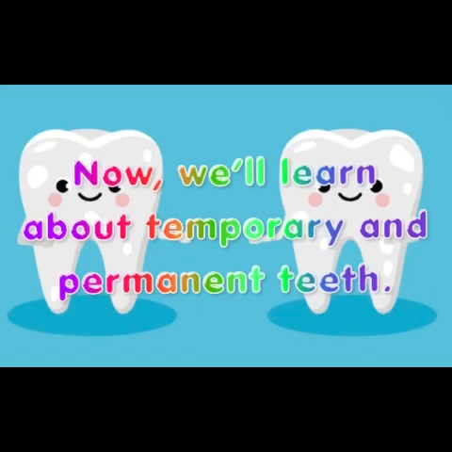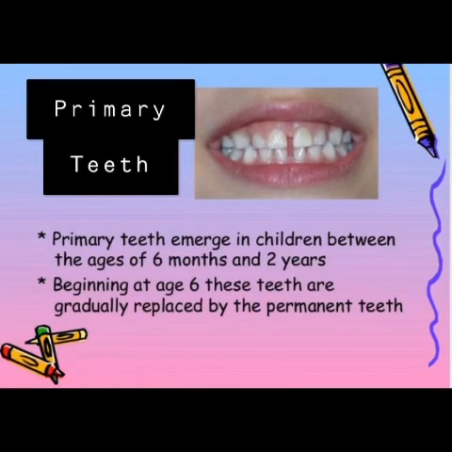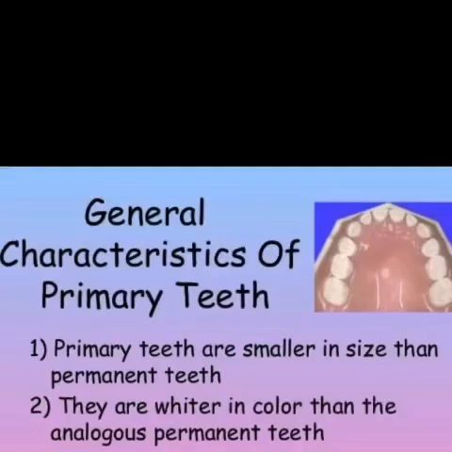So temporary teeth are also known as milk teeth, deciduous teeth or primary teeth. We start getting these primary teeth when we are around the age of 6 months and till 2 years. We get the complete jaw by 2 years. There are 20 in number. And after that they start falling off and we get our permanent teeth. We all know that we have faced that period in our life.